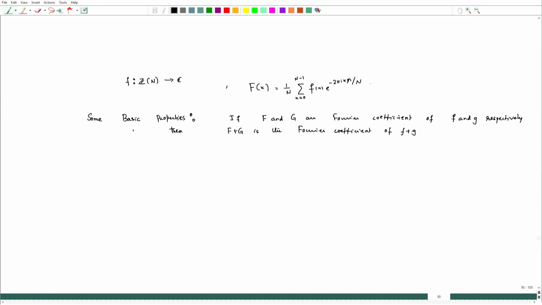That is just the linearity of the sum is going to give us this much, because